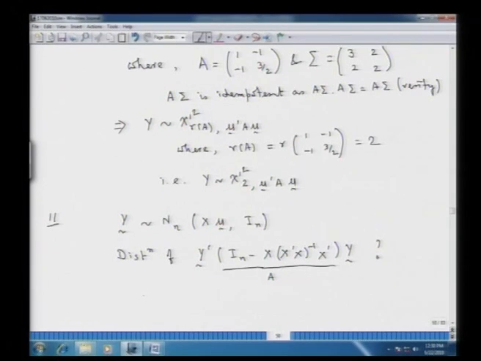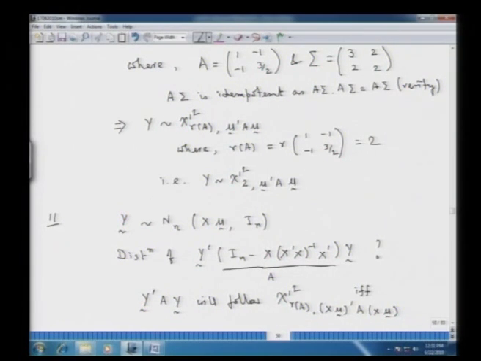The variance covariance matrix under this setup is I_n. So, this Y prime A Y will follow a non-central chi-square with rank of A as its degrees of freedom, and the mean vector corresponding to Y is X mu, so we will have X mu transpose A X mu as its non-centrality parameter, if and only if